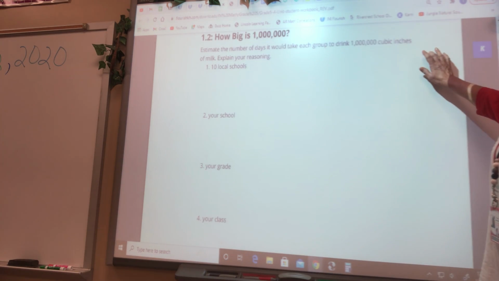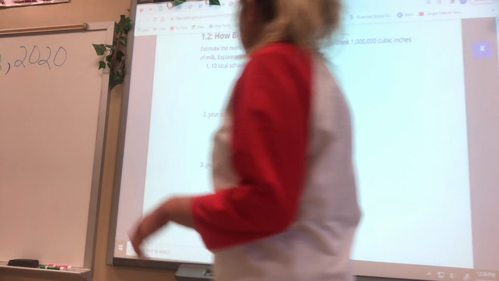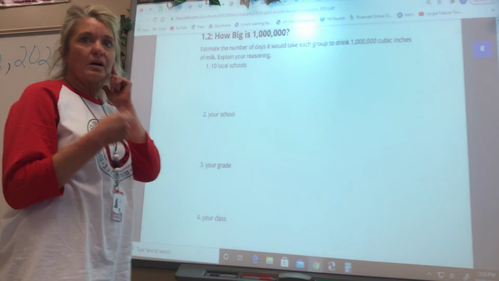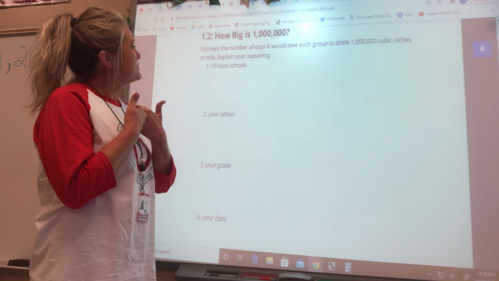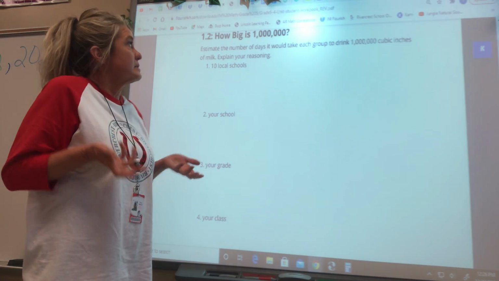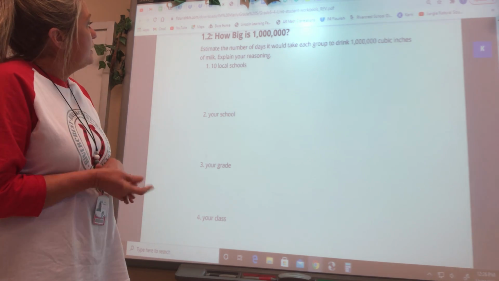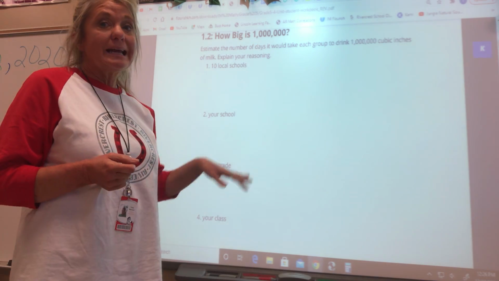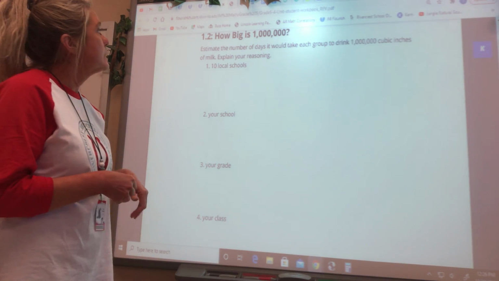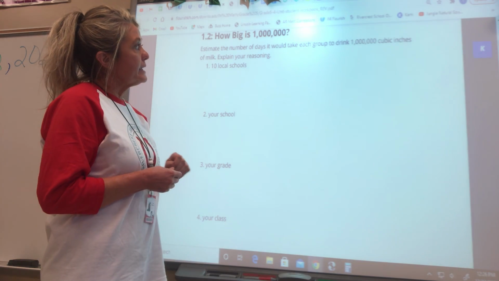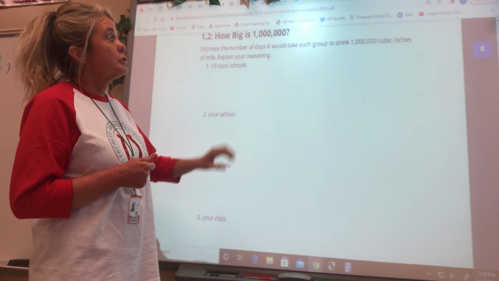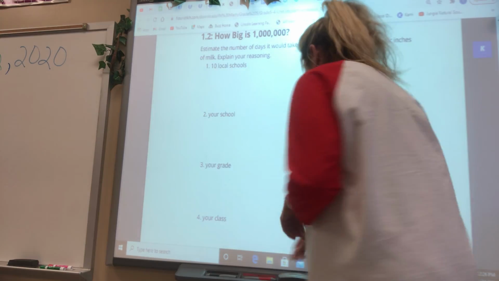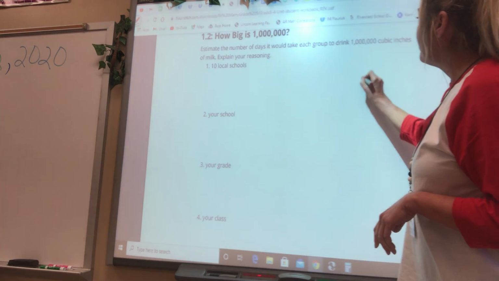Okay, now it tells us that we always need to think about, and I say this all the time, is my answer reasonable? Does my answer make sense? Okay, if we have 1 million, it says estimate the number of days. So now we're talking about days. The number of days it would take each of these groups to drink 1 million cubic inches of milk. Okay? So if I have 1 million,